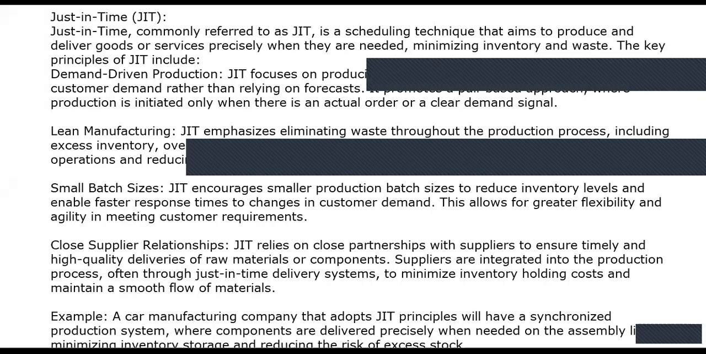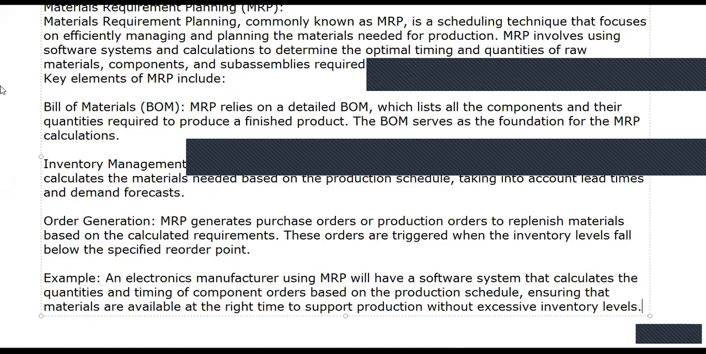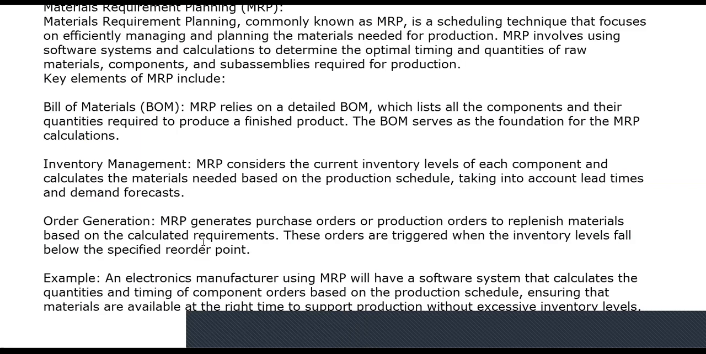MRP is a model that is as follows. MRP, which is material requirements planning, is a planning tool whose scheduling technique focuses on efficiently managing and planning the materials needed for production. MRP involves using software systems that calculate the optimal timing and quantities of raw materials, components, and sub-assemblies required for production. The key elements of MRP are: